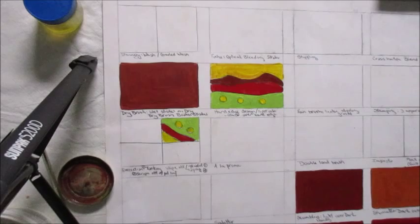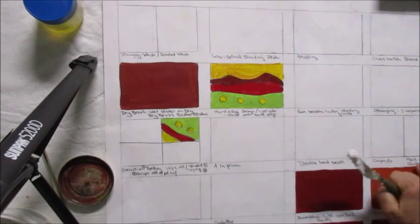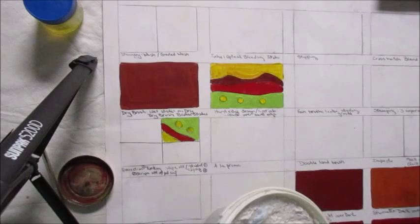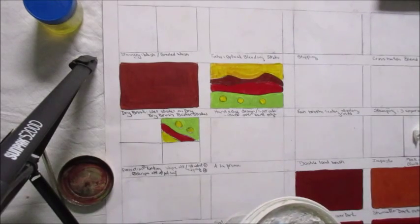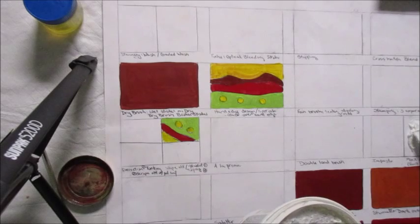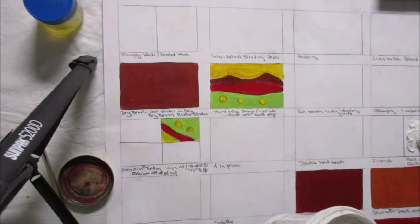Impasto means thick paint, and we're going to talk about that later. But this box that we split over here, there's one that says mock impasto, and I want you to put some of this sculpture paste. I have a couple tubs like this. You could use a lot of different materials. I've taken this, like we got this at a hardware store. You can use acrylic medium gel or acrylic medium paste. We happen to have some of this that came from a hardware store, and it feels like